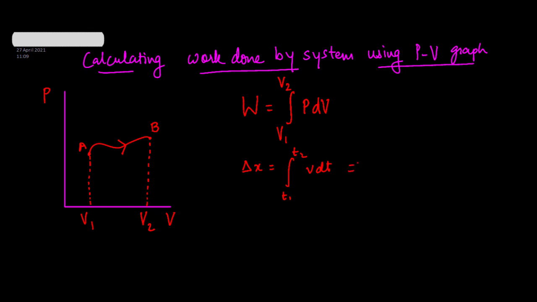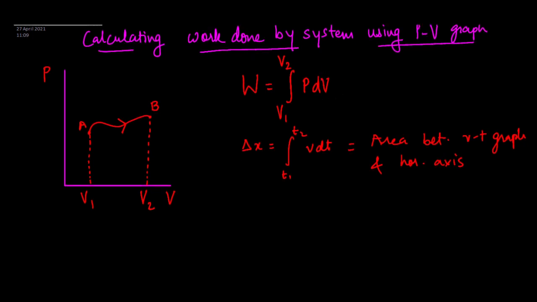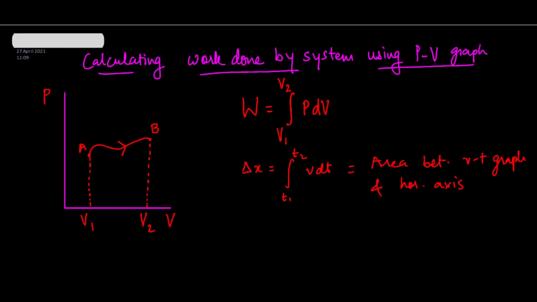And any other way to calculate is area between VT graph and horizontal or x axis. Is that okay or not okay? Do you remember this? Very good. તો આ આવડતું હોય તો એને ઓલરેડી આવડે જ છે, બરાબર ને. ડિસ્પ્લેસમેન્ટ એમાં આવતું હતું, yes, ડેલ્ટા x. હવે એ જ વસ્તુ આમાં છે. Instead of VT graph,